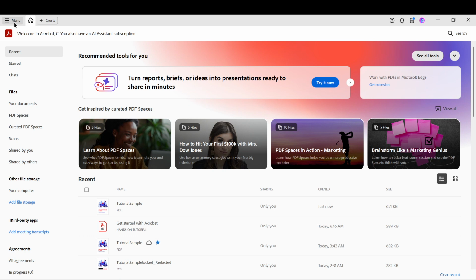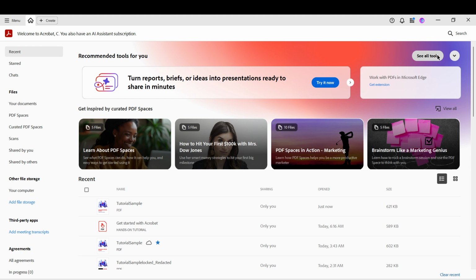Converting a JPG to a PDF is helpful when you need a document that's easier to share, print, or preserve with consistent formatting. Go ahead and launch Adobe Acrobat on your device. You don't need to open any existing document for this process. Starting from the home screen is perfect. If your app opens a recent file automatically, just close it so you're looking at the main Acrobat interface.